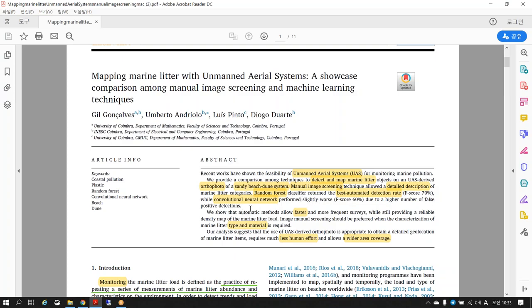of false positive detection. We show that the automatic method allows faster and more frequent surveys, while still providing a reliable density map of marine litter load. Image manual screening should be preferred when the characterization of marine litter type and material is required. Our analysis suggests that the use of a UAS-derived orthophoto is appropriate to obtain a detailed geolocation of marine litter items, requires much less human effort, and allow a wide area